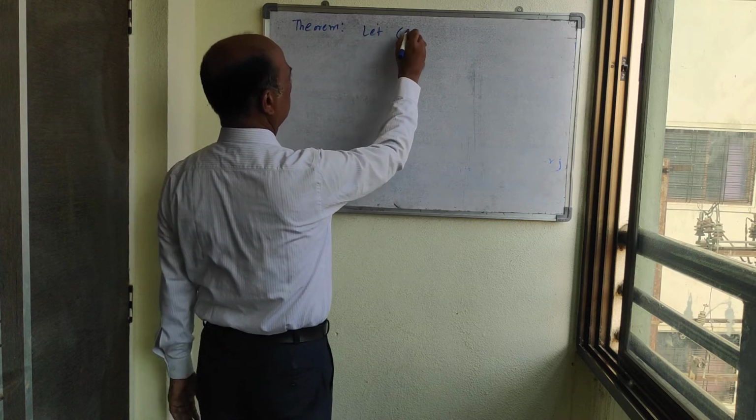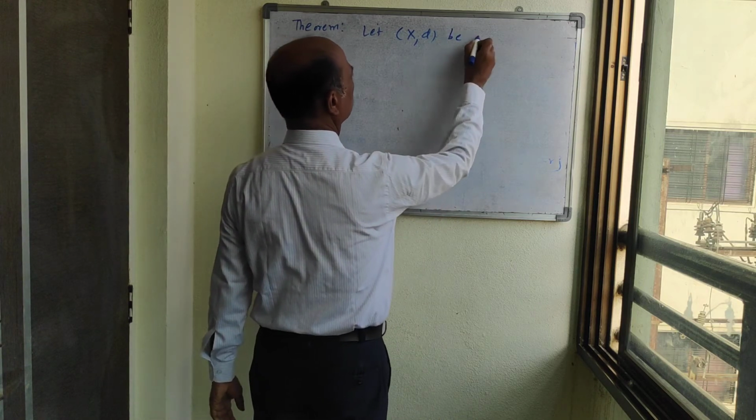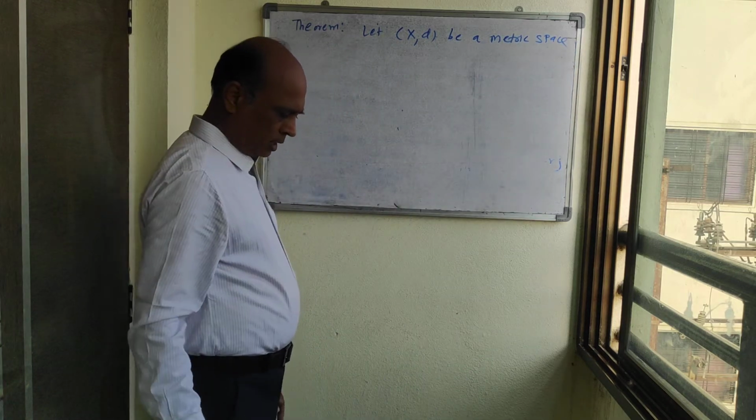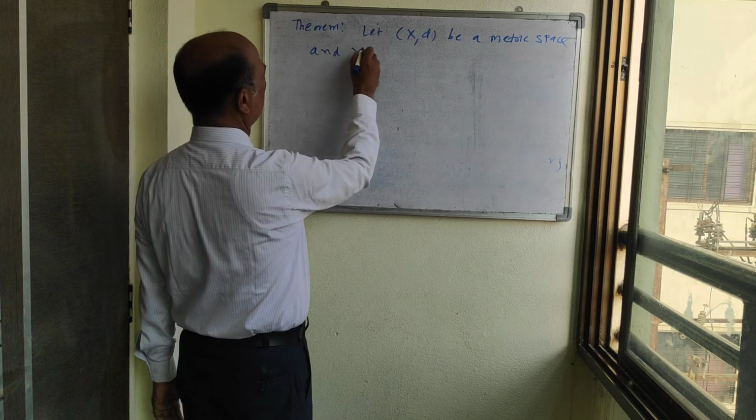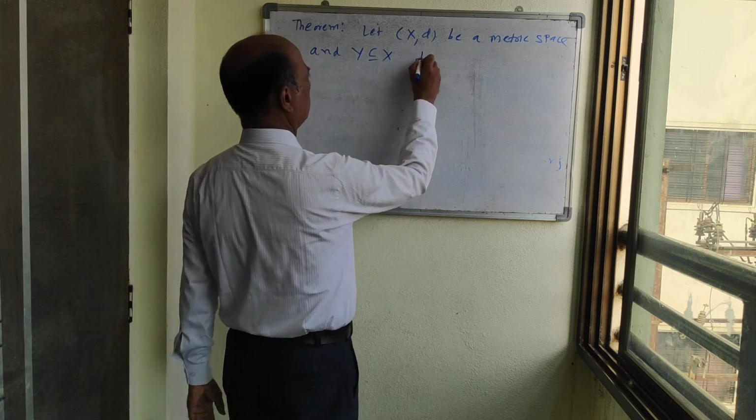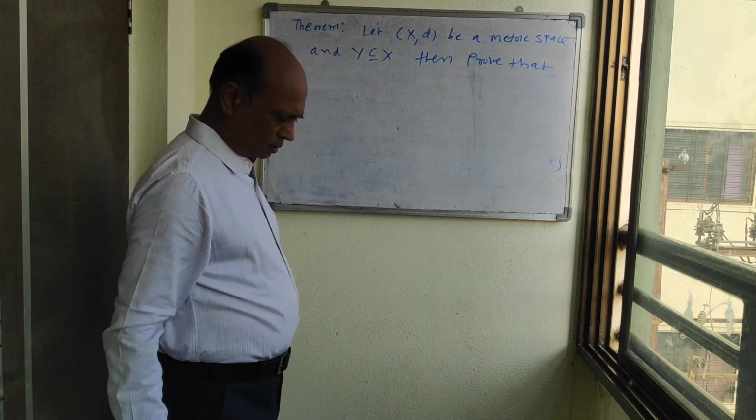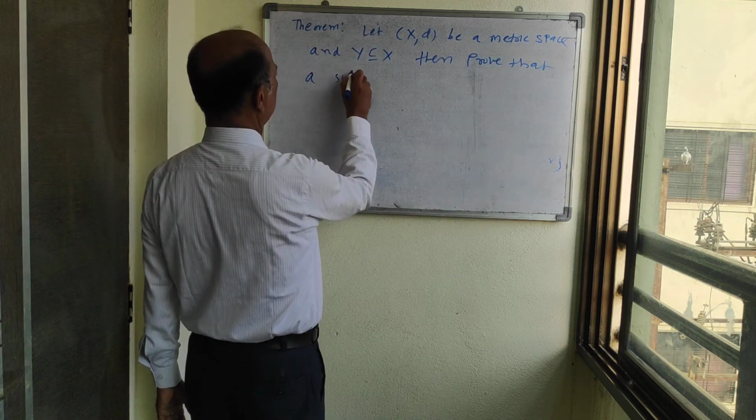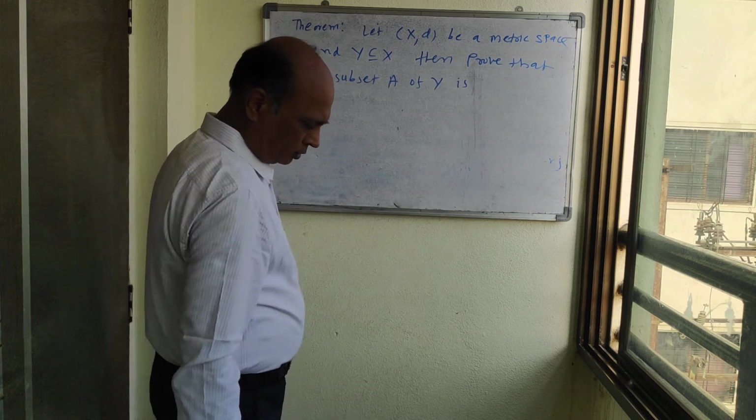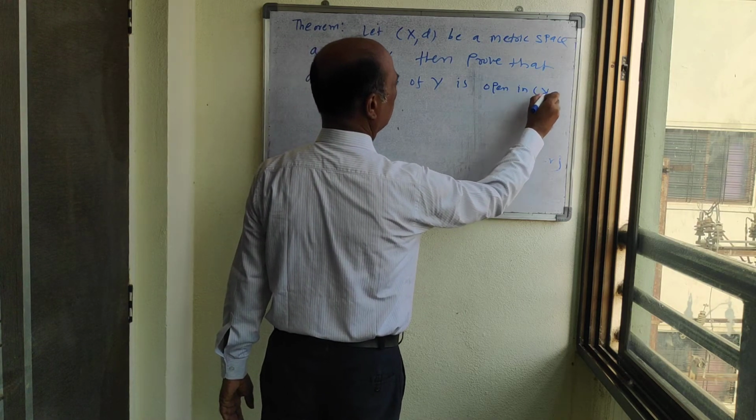Let (X, d) be a metric space, and Y is a proper subset of X. Then prove that a subset A of Y is open in (Y, d_Y)